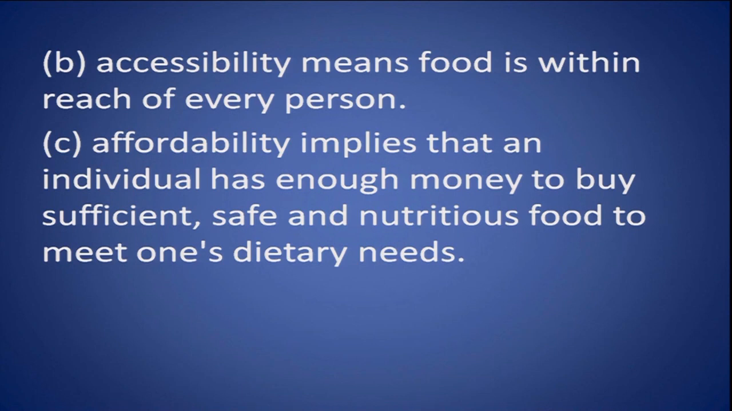So the third one is affordability. It implies that an individual has enough money to buy sufficient, safe and nutritious food to meet one's dietary needs. People should have that amount to purchase nutritious food, and that will be sufficient for him so that he could maintain his dietary needs. These are the three important dimensions of food security: